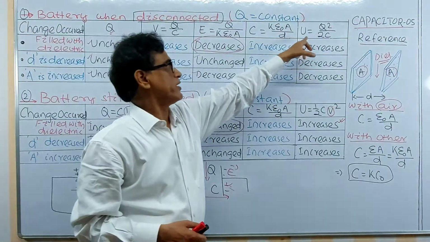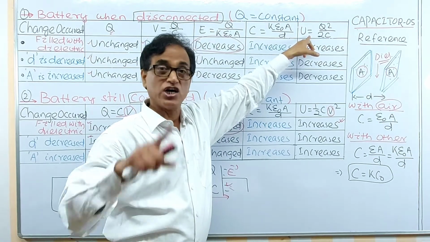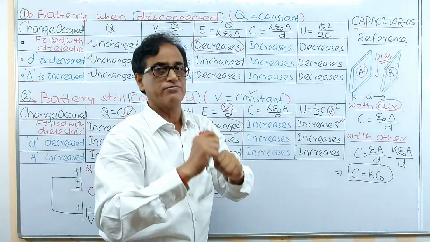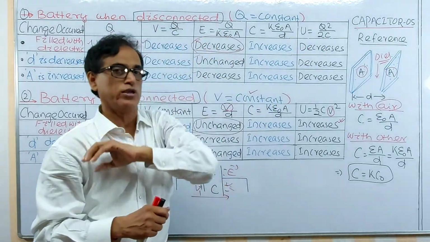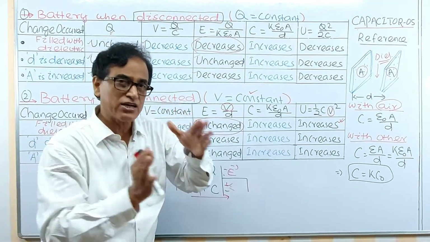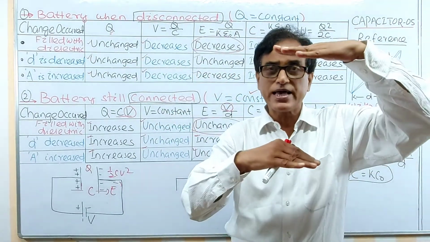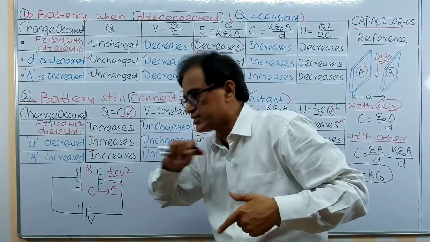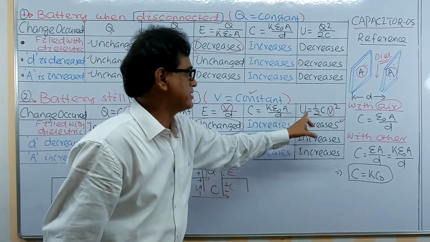Again I am telling, that formula is considered in that case because when the battery is disconnected, charge remains constant, voltage does not remain constant. Charge remains as it is. So since charge remains constant, it is affected by the capacitance only. And here I have taken this formula because when the battery is still connected across the capacitor, the voltage remains the same. Voltage remains the same in parallel branches. That's why the voltage across the capacitor is equal to the applied voltage in this case. Since voltage remains constant, we can say if capacitance increases, energy increases.